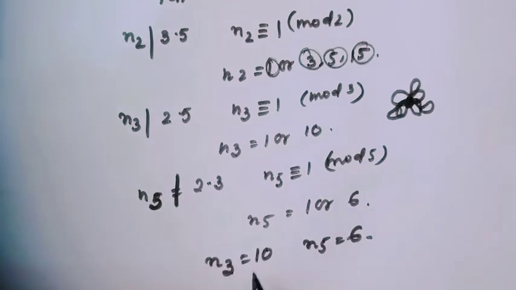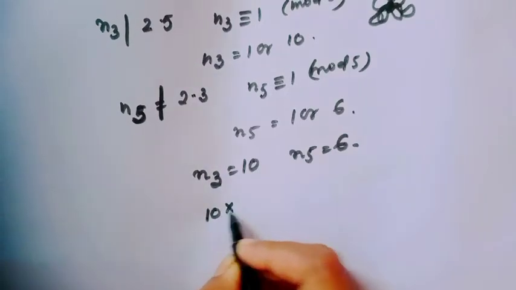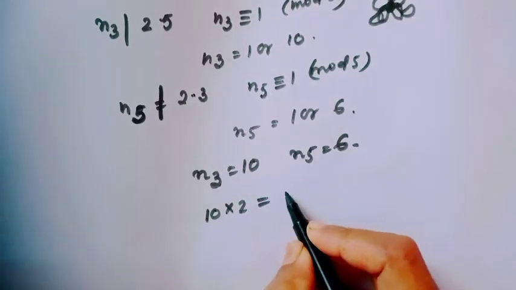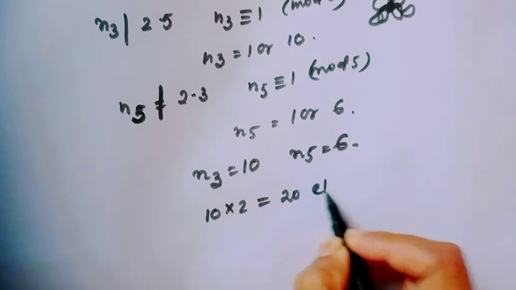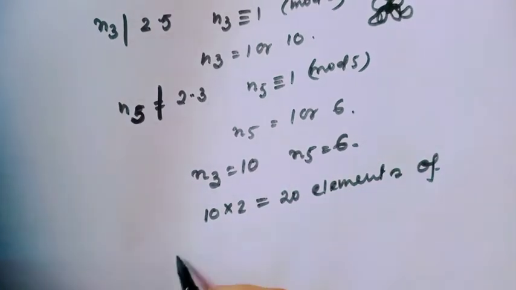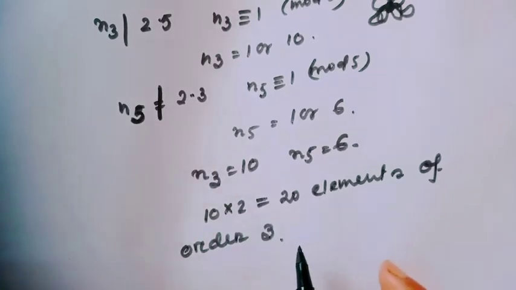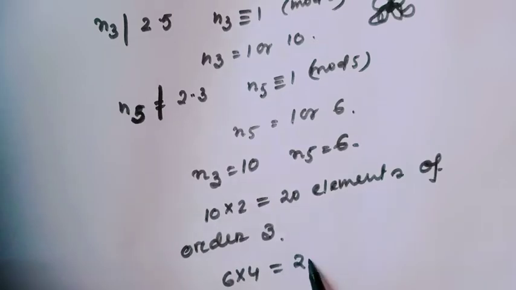That means there exist 10 times 2, meaning 20 elements of order 3. Okay? Now with a similar argument for Sylow 5-subgroups, I get 6 times 4, meaning 24 elements